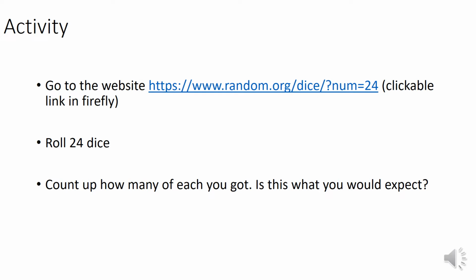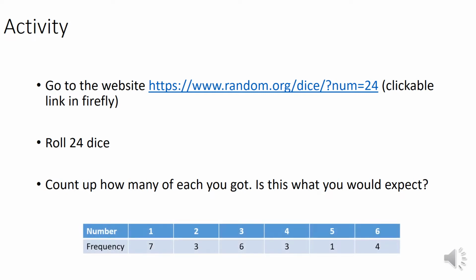There's an activity here you can do. This is optional, so if you don't want to do it, that is fine. We've got a website link here, which is a dice rolling one. I've set it up so where it's got num equals 24, that means you've got 24 dice. What this does is it simulates rolling 24 dice, and then we've got a table here, so this is when I did it. I've then counted up how many of each number I got